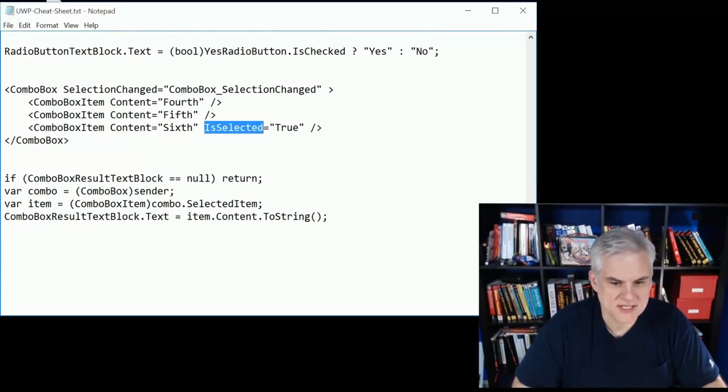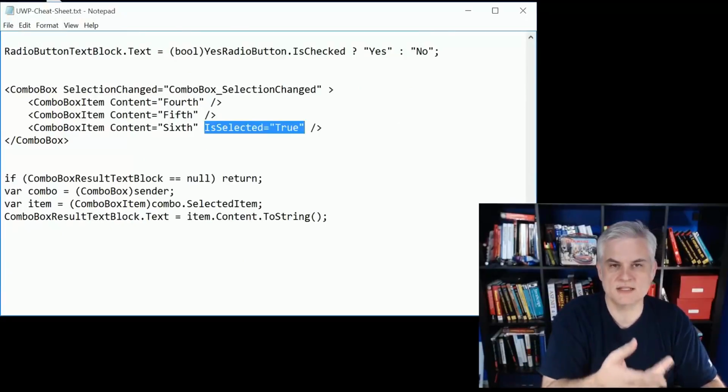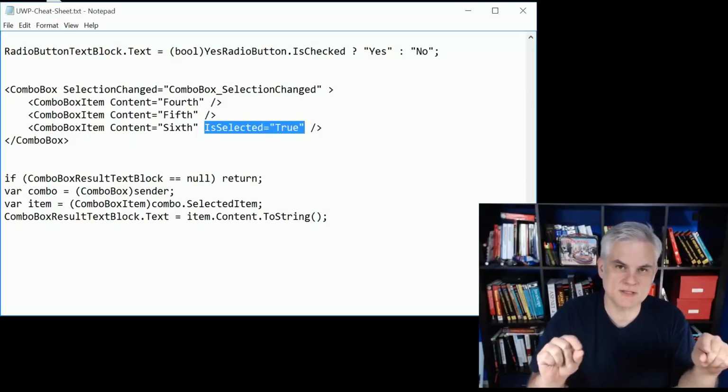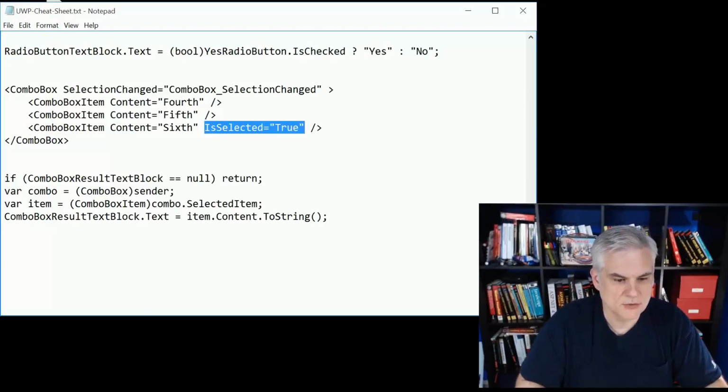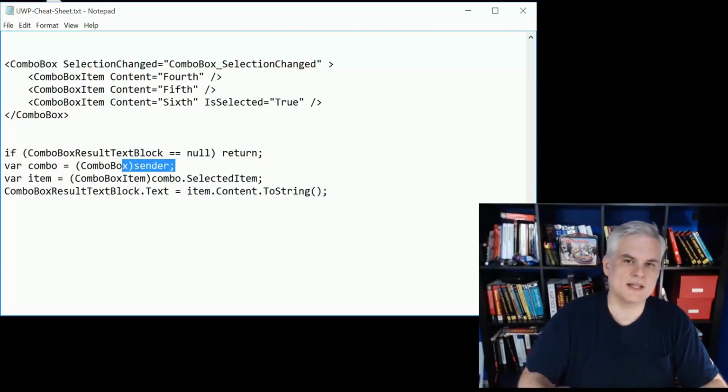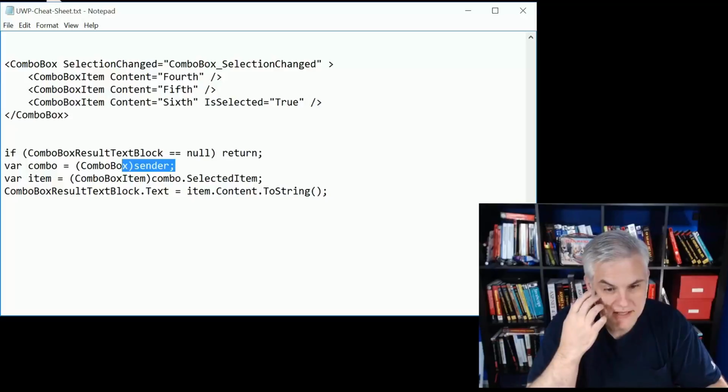You can set an is selected to a default value. So in this case, when we load up the XAML page, the 6th option will be displayed in the combo box. To actually select an item in the combo box, we get the value that's passed in from the selection